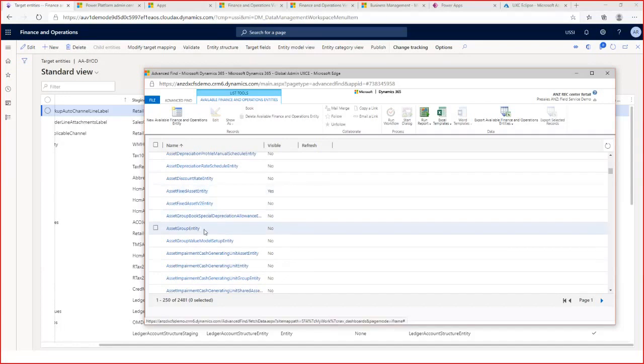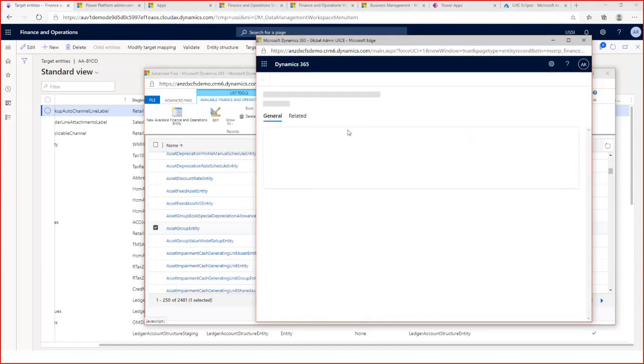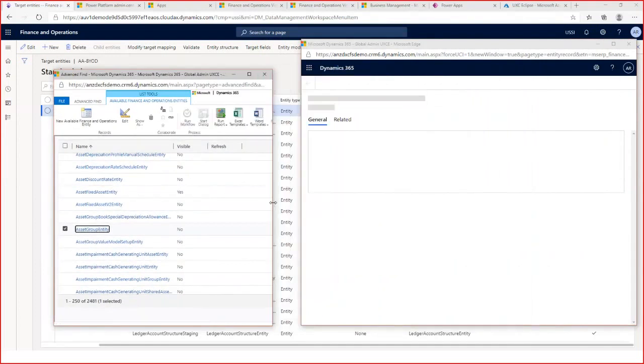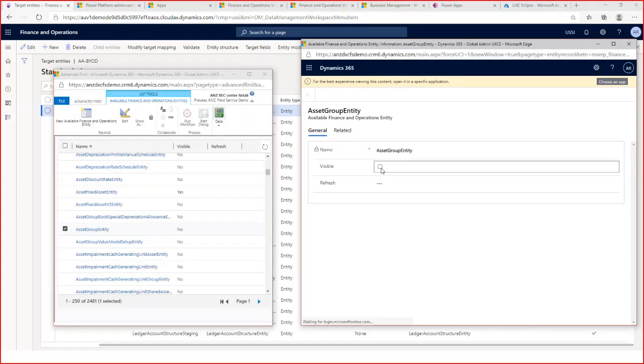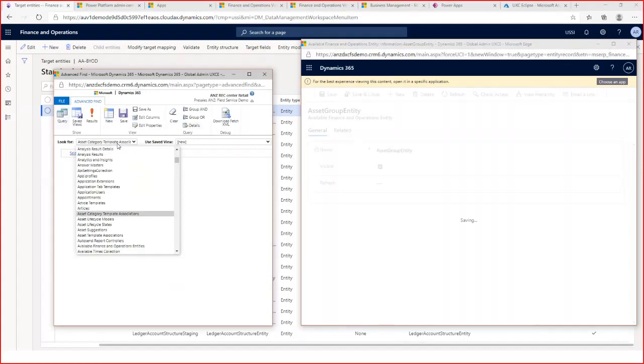So if I'll just take an example, asset group entity, I'll just double click this one. Once this comes back, I'll make it visible here. Once this screen comes in, I'll say, okay, I want to make this one visible. Save it. So I have to close this advanced filter, and once I restart it,